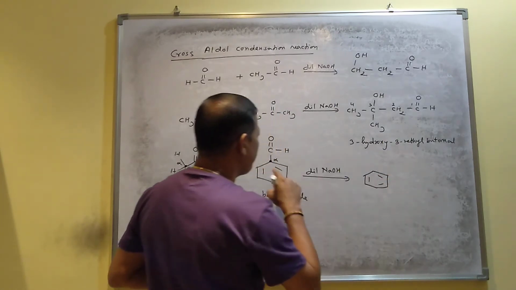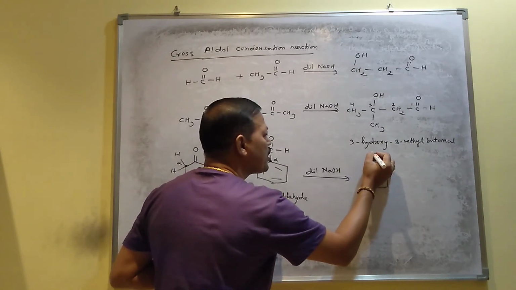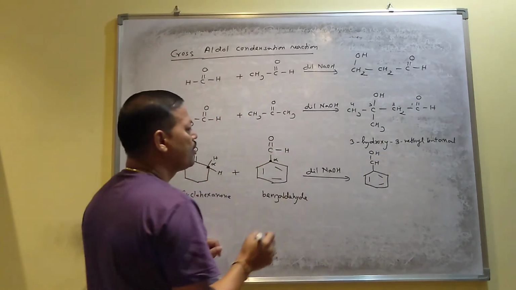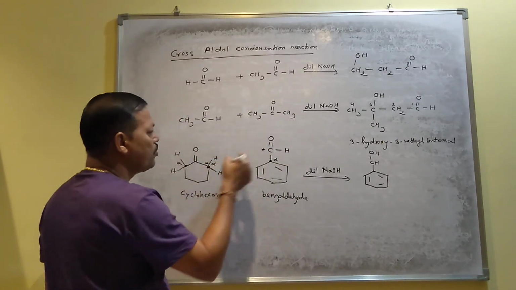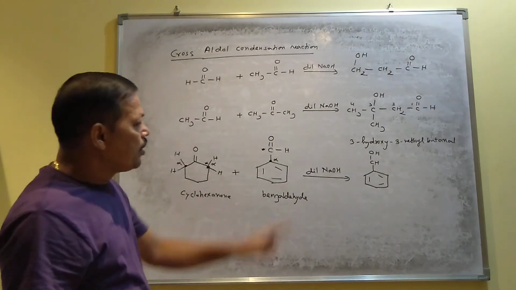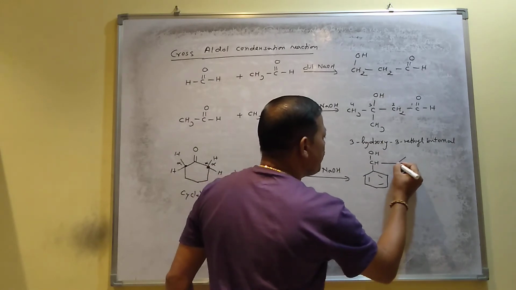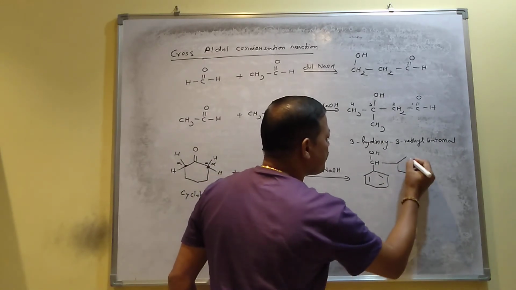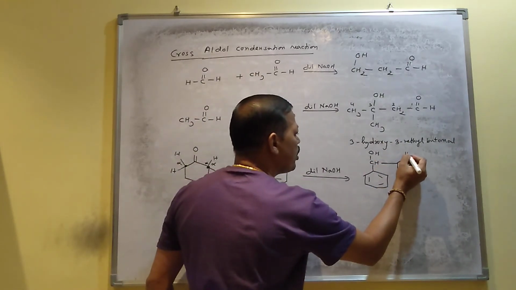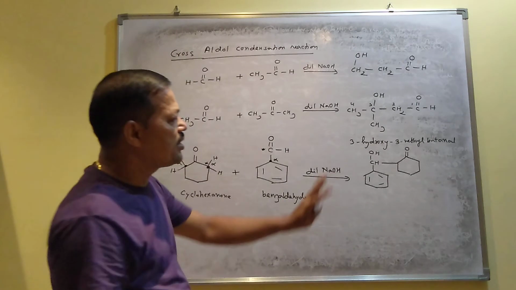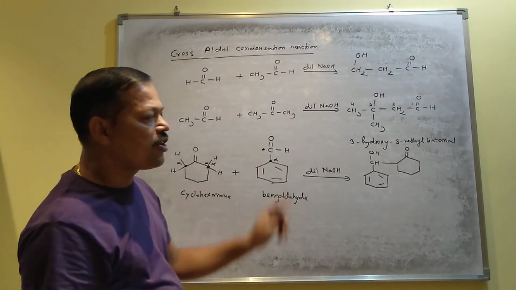This is your benzene ring. This is CH. The double bond is converted to single bond. It becomes OH. Now, this carbon and this carbon will be joined. This carbon and this carbon. So that is why this carbon will be joined like this. And the double bond O will be present here. This is the product which you will get after condensation.